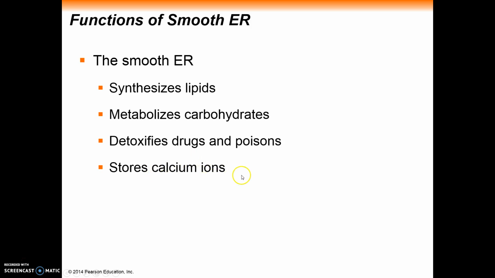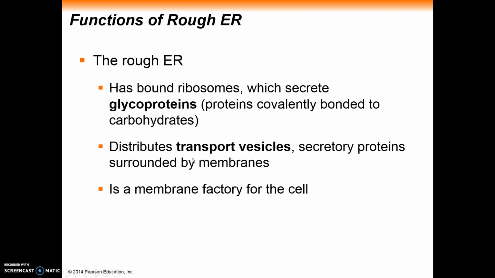And calcium, as we'll see much later on, is used as a messenger within the cell itself. And so that calcium can be stored in the smooth ER. The rough ER has all these ribosomes bound. And what actually happens here is a ribosome binds and it has a messenger RNA attached to it, and the ribosome is secreting